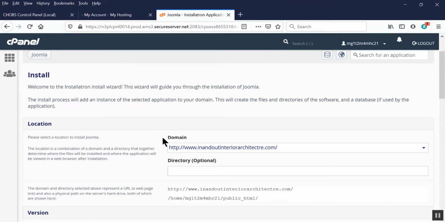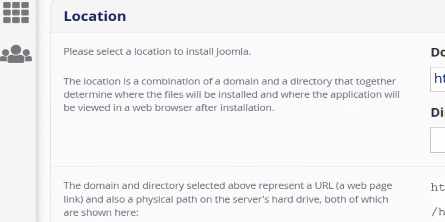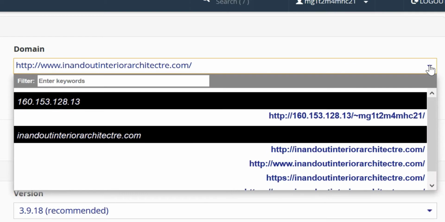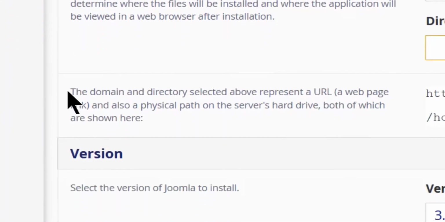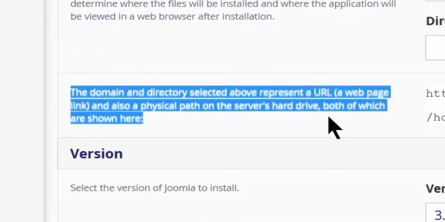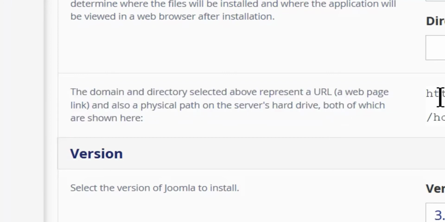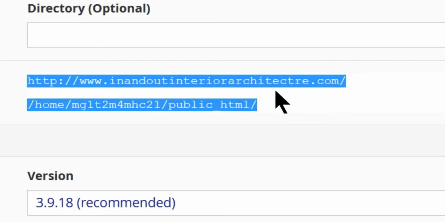So you can see the location means the location on your server, and it asks you which domain to use. If you have multiple domains, it will list them here, and you can choose whatever domain you want for this particular installation, but we only have one domain here. Also, you can put things into subdirectories, which is basically subfolders. As I said before, with different hosting packages you can create one website in each folder, so you would use